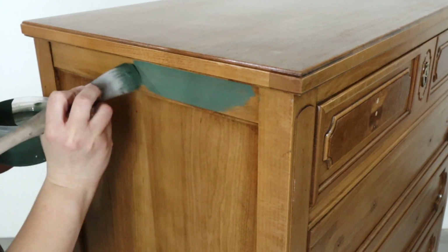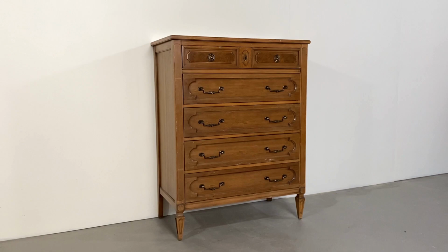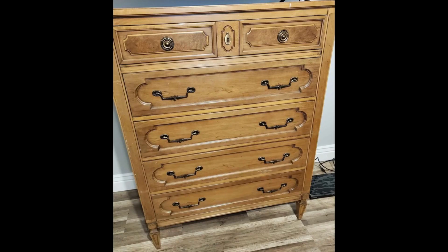Today I'm sharing this modern dresser makeover with chalk paint. This is what the dresser looked like before. We picked it up from an ad on Facebook Marketplace, and it was in pretty good condition other than this